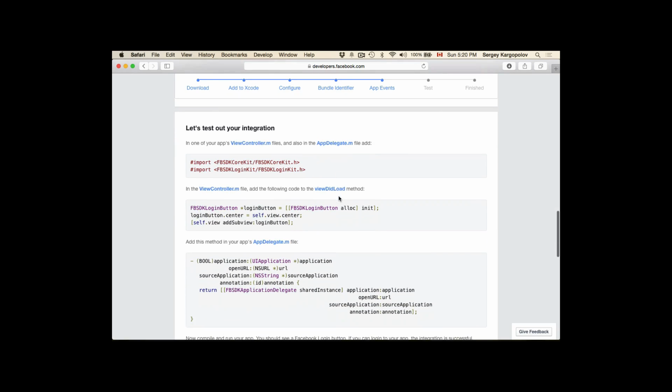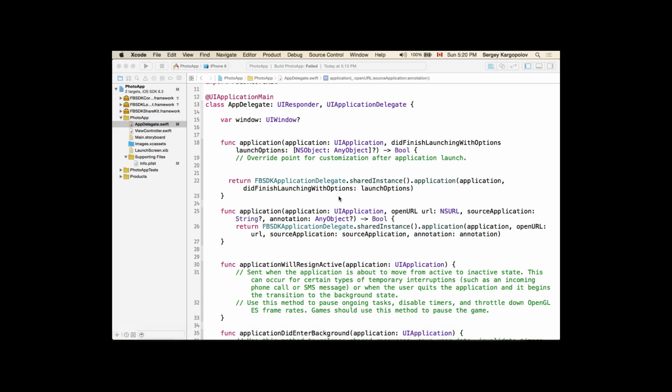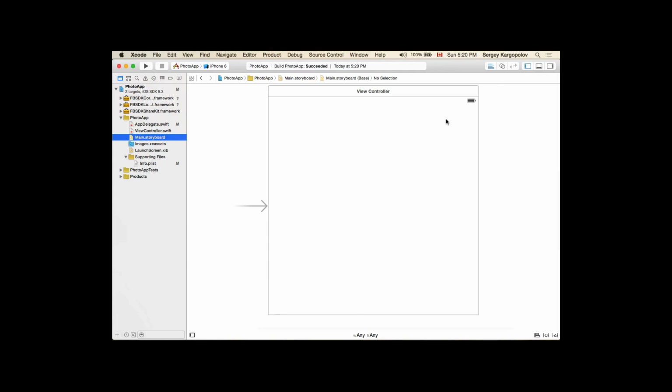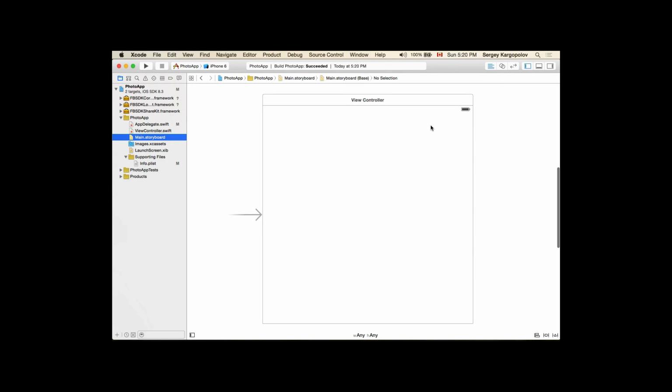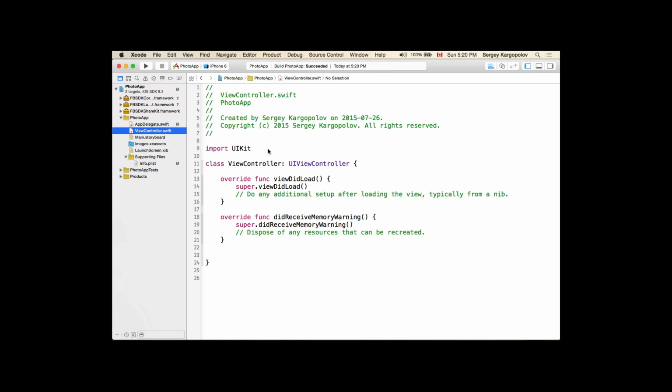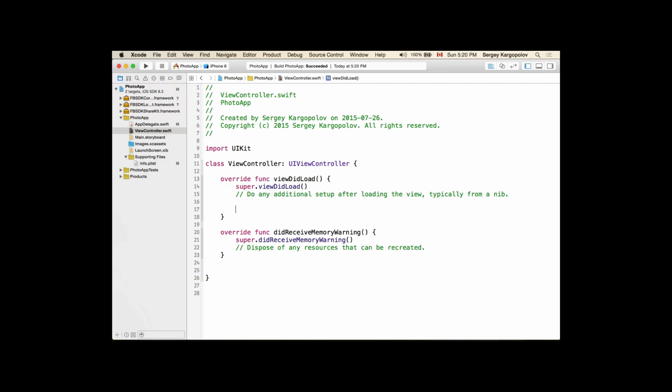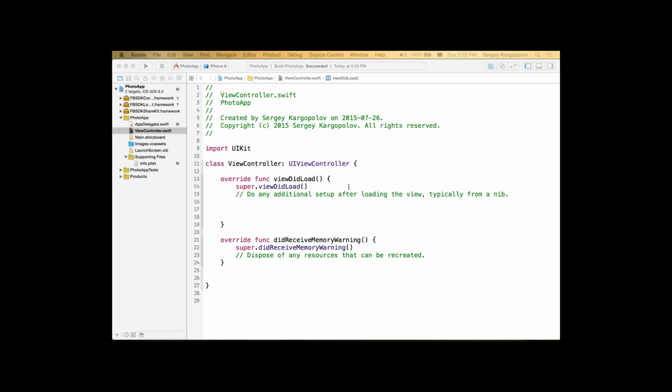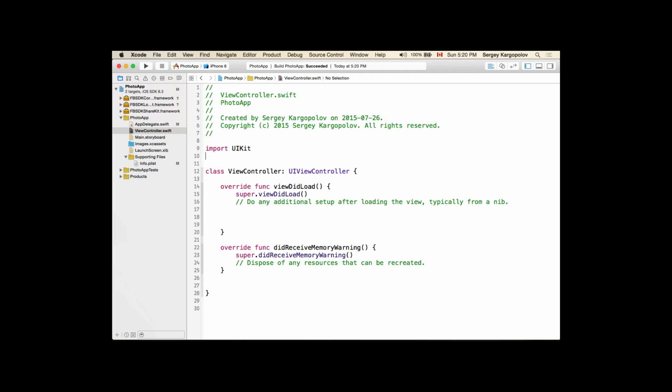Let's go back to our instructions and read what's next. And now we can actually start testing our application. So let's first build it and see if it works. Yeah, I think it's building well. So I'll open our main storyboard, and here we have only one view controller. So I will open this view controller Swift file, and in my viewDidLoad function, I will write a few lines of code. Well, first of all, let's import another Facebook library, which is called core login kit,